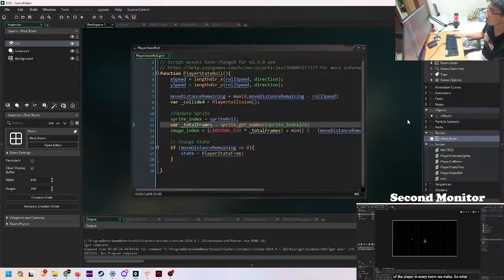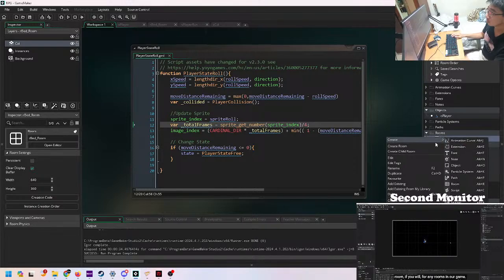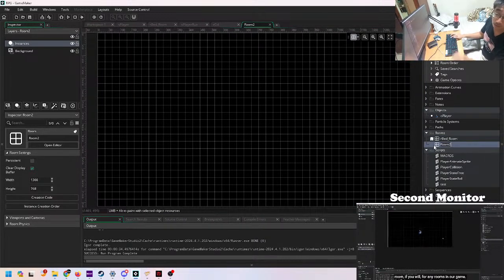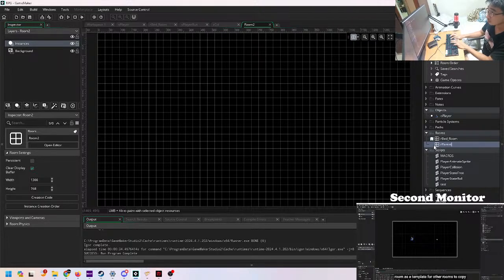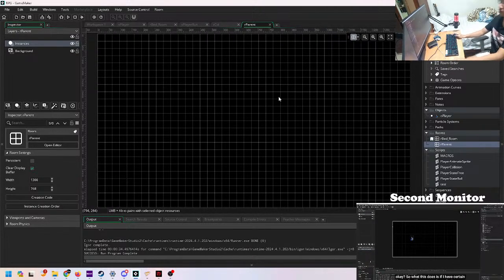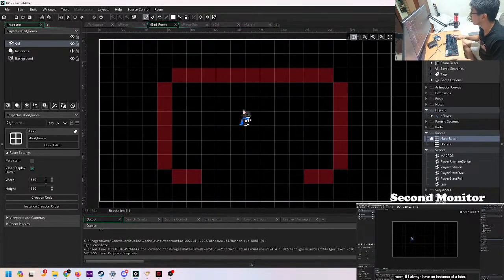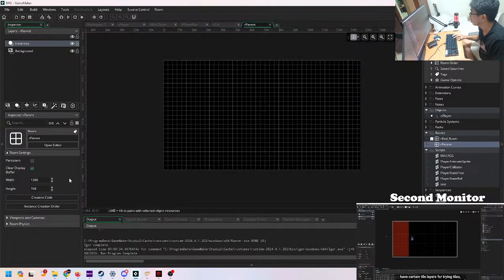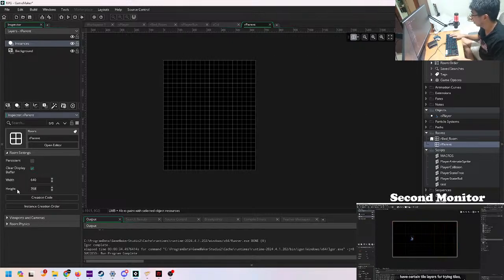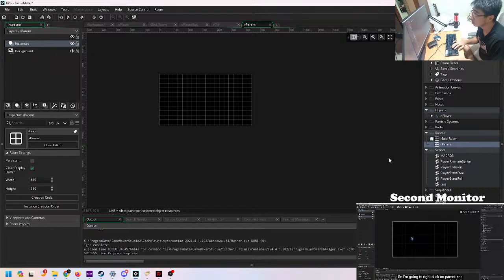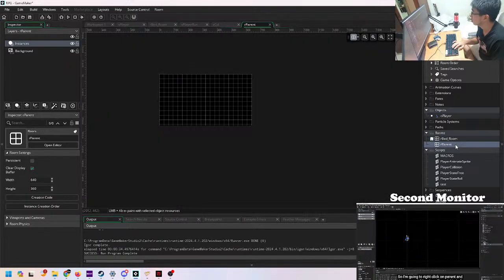So what this room is going to do is act as a parent room, if you will, for any rooms in our game. All that means is we're going to use this room as a template for other rooms to copy from, mostly in terms of layer structure. If I have certain layers I know are going to be in every room, if I always have an instance layer, I always have this color layer of buildings, if I always have certain tile layers drawing tiles, I can just add them to the parent room and they'll be copied across into other rooms, alright? So I'm going to right click on parent and hit create child,